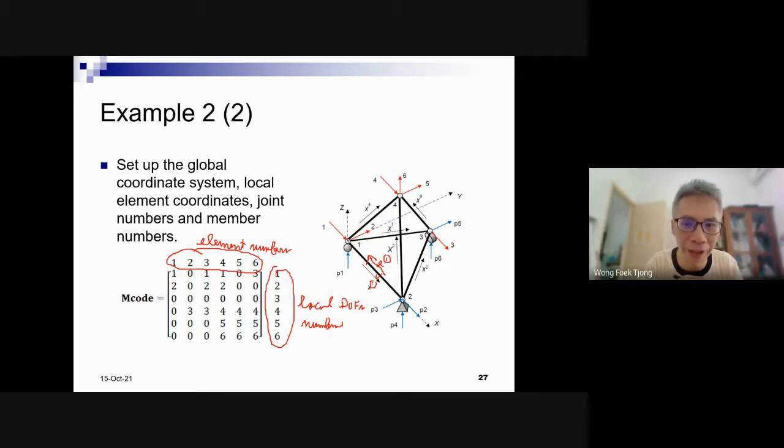Actually, it's free if you compute manually and it's not intended for computer programming. It's free to choose how to set up the local coordinate system. It's up to you. But here I use lowest number to highest number in order to have a systematic way to make a computer program later, just like SAP 2000 or ETABS or other programs. That's all based on finite element, right? How did they make the program? Of course, they have a systematic way to do that.